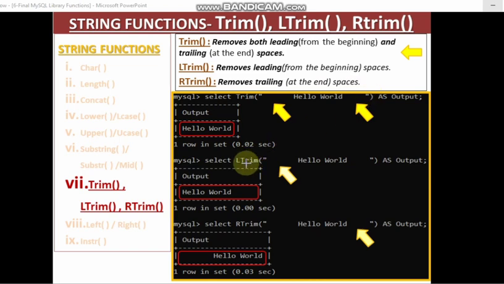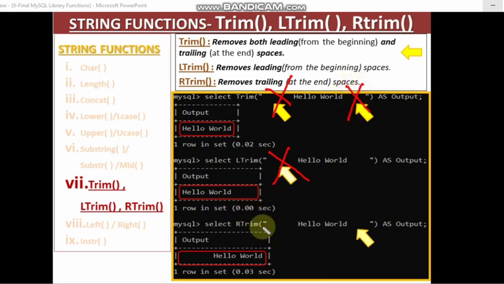L-trim, what will it do? It will remove the initial spaces. Only this much part it will remove, right? And so in case of L-trim, this space will be removed. And in case of trim, it has removed this and it has removed this.